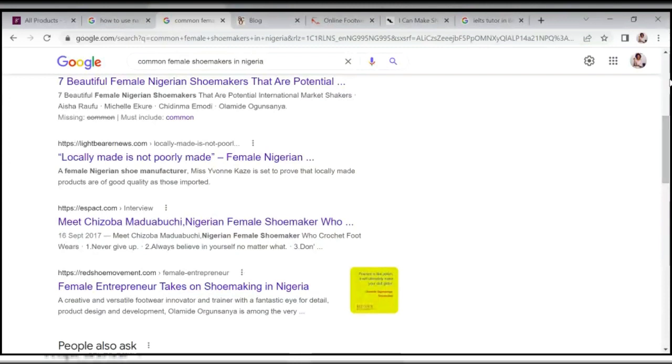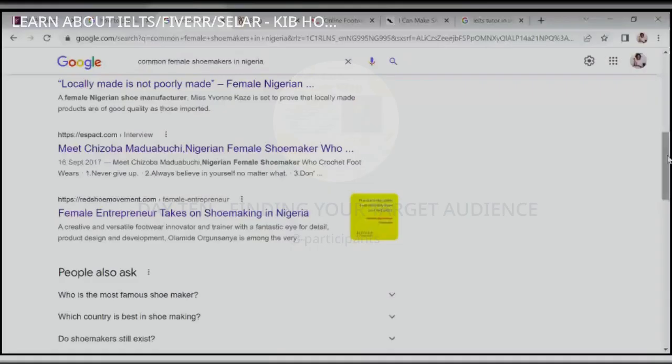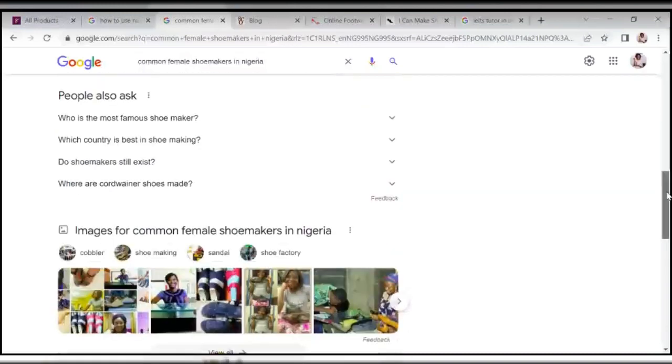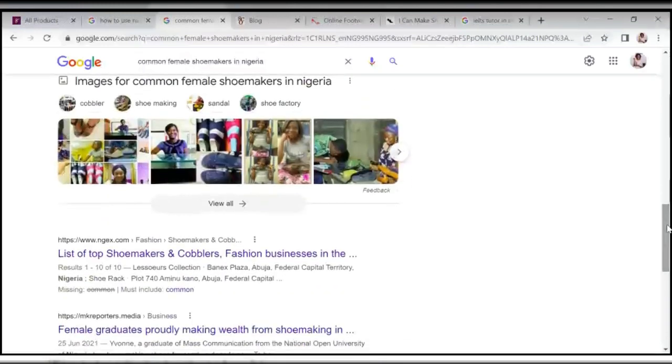And you need to read up on these people to know the people that buy what they make. Read about your competition to know what they are giving their people. What they give their people and what their people want is what you should also prepare to give your own people. Because by the time you start sharing free, you will begin to attract.